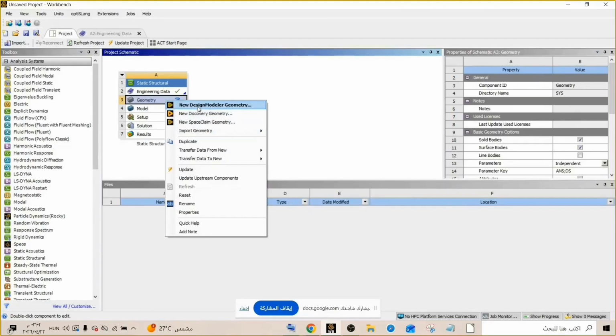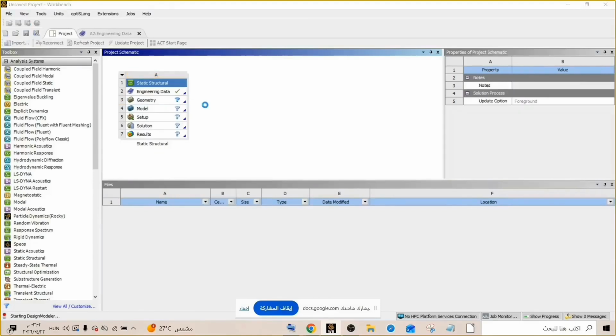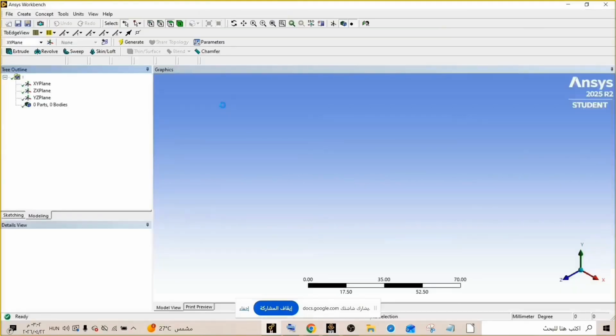So I will create our geometry. So right click on geometry. You can create geometry using two options. The first one, as we learned, the DesignModeler, and the second is SpaceClaim. So here I'm going to use the DesignModeler. So you can click on DesignModeler.